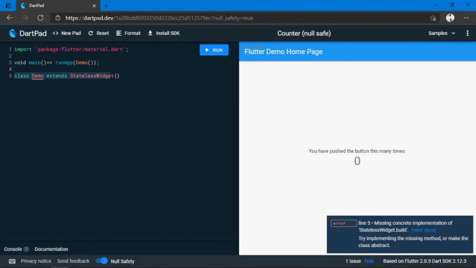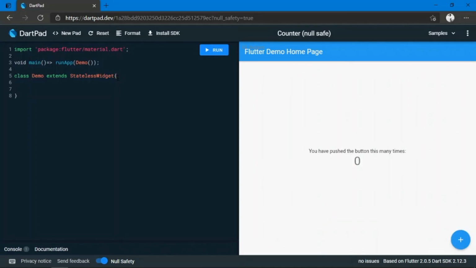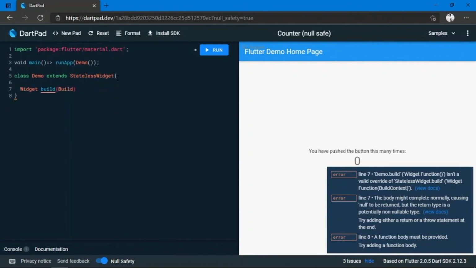In the class, I have already told you that everything in Flutter is a widget. So I will now create a widget, a widget build with some build context.